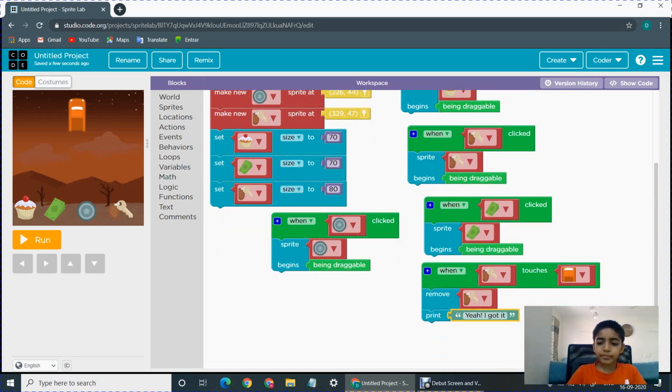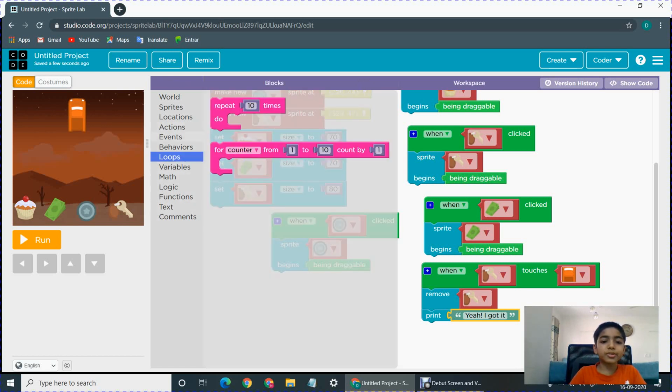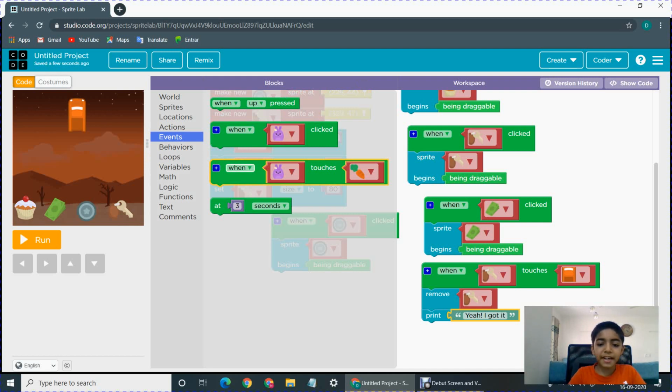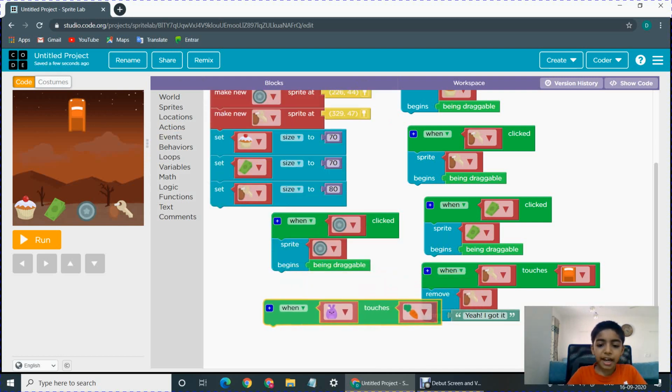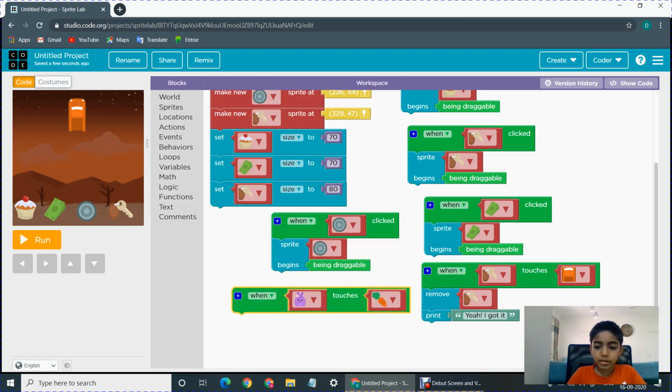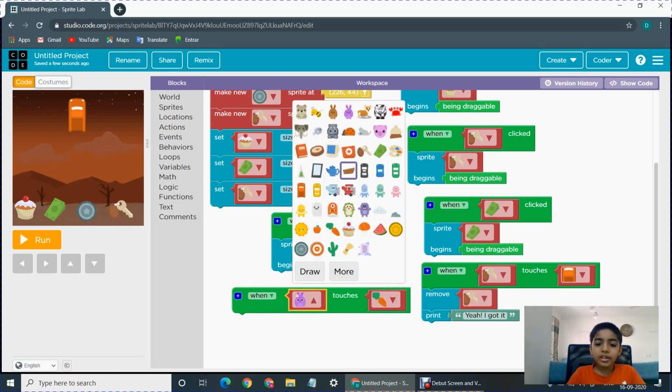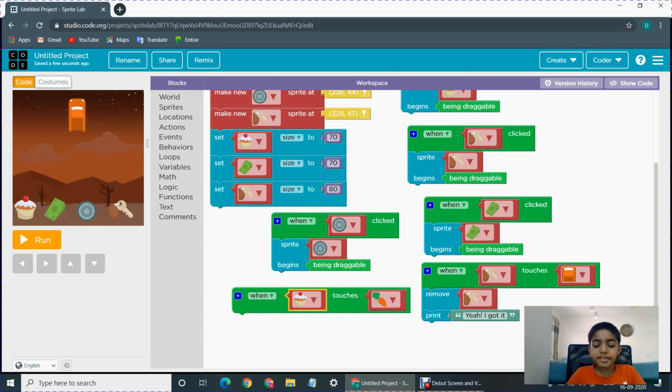So now we'll do the same for all the sprites. Again we drag this block. We make it to pastry and then we make it to car. And then this sprite should get removed.